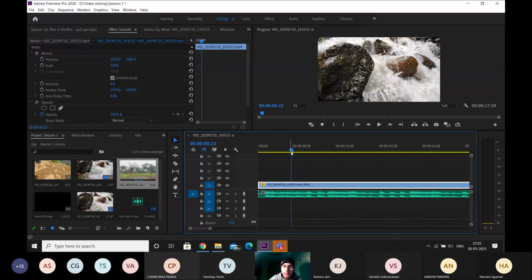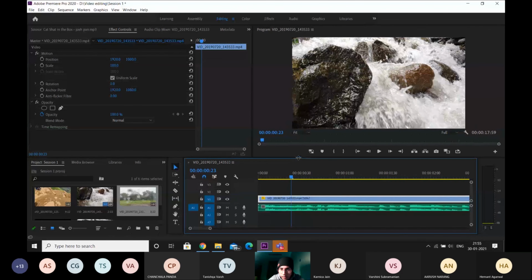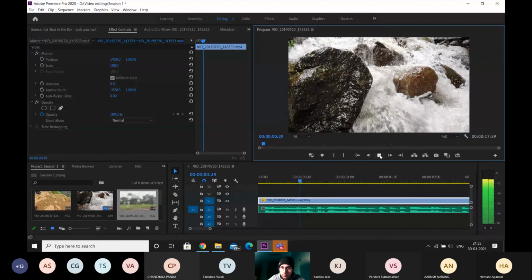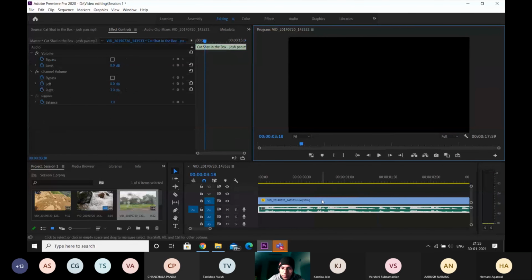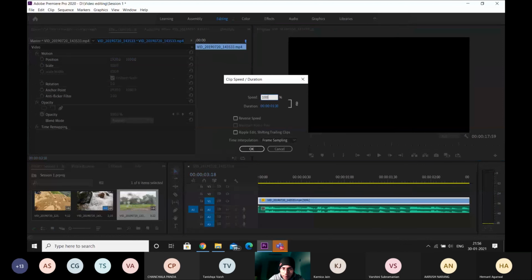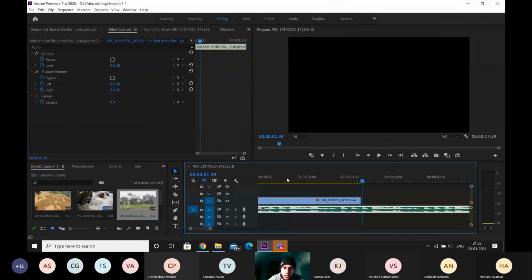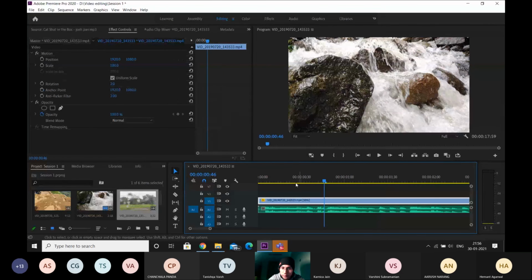Now the video is played at half the speed. So if I play the video for you now, just have a look at the preview window. I'll just increase the size a bit. By the way, to increase the size, just come to the middle portion and double click and drag up and down. So now when I play the video, it is slower than before. If I bring the speed back to 100, it was something like this. So again, for this video clip, I feel that half the speed was good.